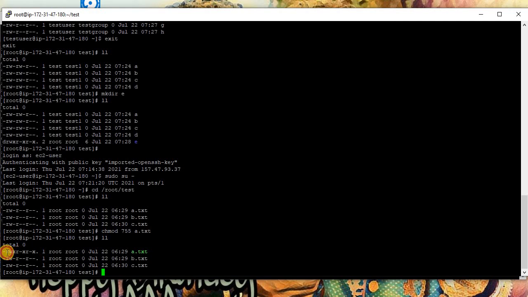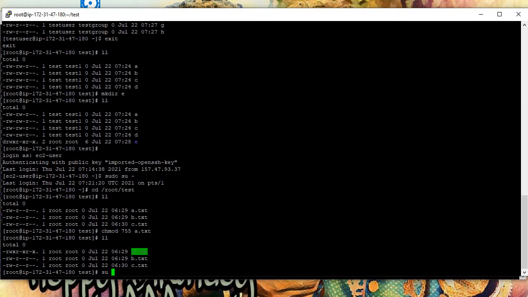See, now the current user is having read, write, execute, the group users are having only read and execute, and other users from outside the group also have the same read and execute. You could see this file's color has changed because earlier it did not have execution permissions, correct?